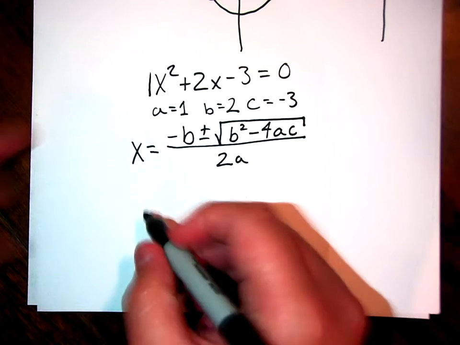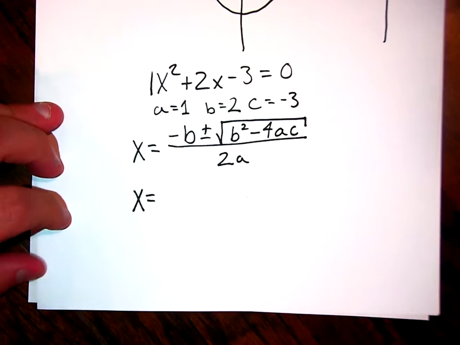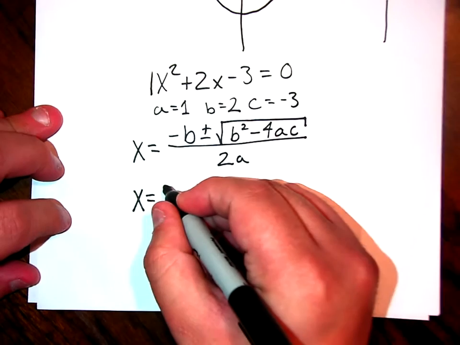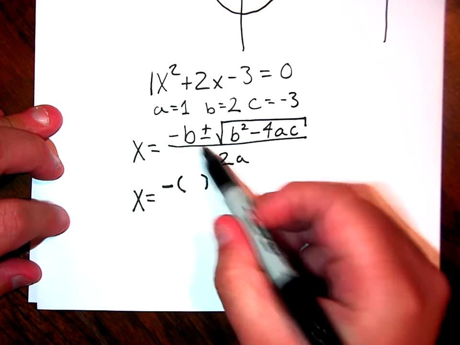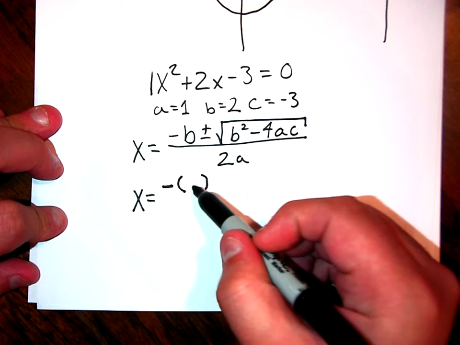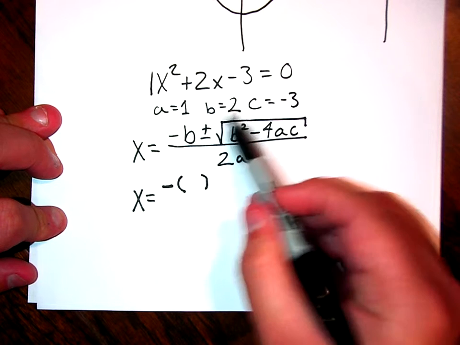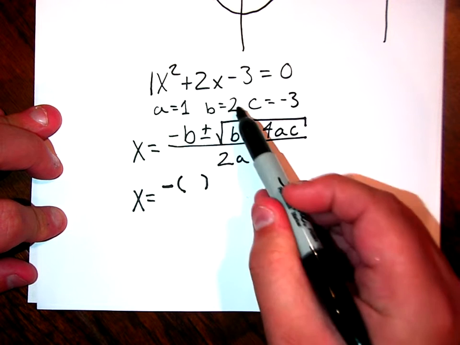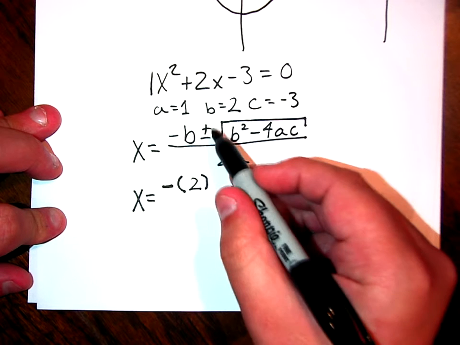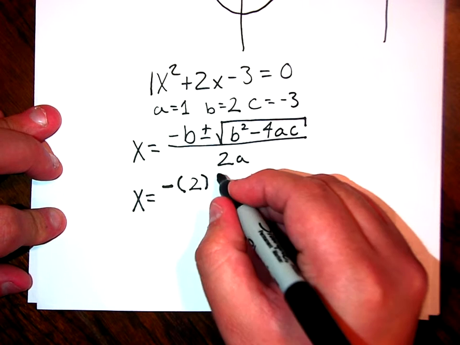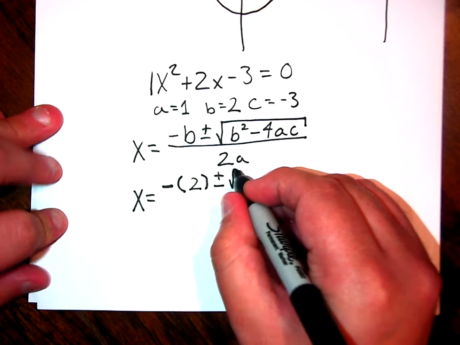Now that we have that equation to work with, we're going to start plugging in numbers. So here I'm going to rewrite the equation with the substitutions. Now it starts with a negative and then the b term. So inside this parentheses, where we have the b, we're going to use the value that b actually is. And we can see from our identifier here that we've identified b as 2. So we're going to put a 2 there. And then we're going to keep going with the equation. The next thing is this plus and minus sign. So plus or minus the square root of,